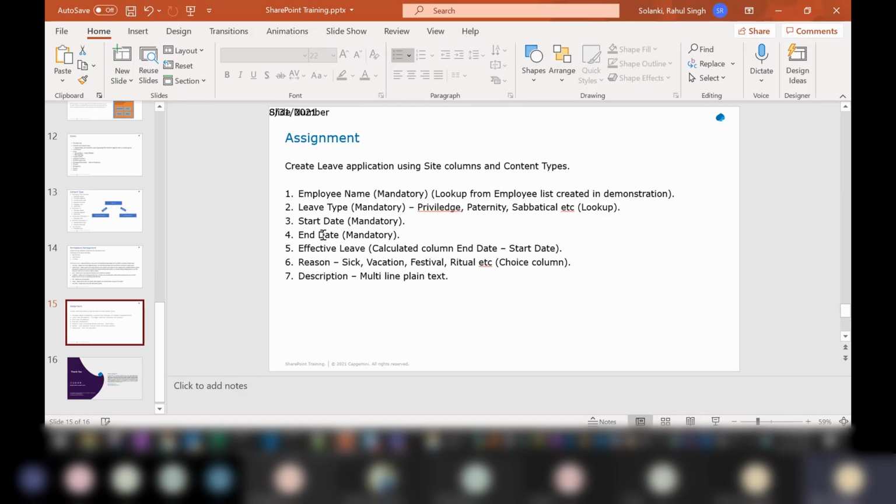Start date, end date is when you want the start and end of leave. Effective leave is the calculated column, which will calculate based on the difference of these two dates, end date minus start date. So it will tell me whether you are taking 2 days leave, 1 day leave, or 10 days leave, etc. Reason is a choice column. It will have these options, and description should be a multi-line plain text. Any questions here or any